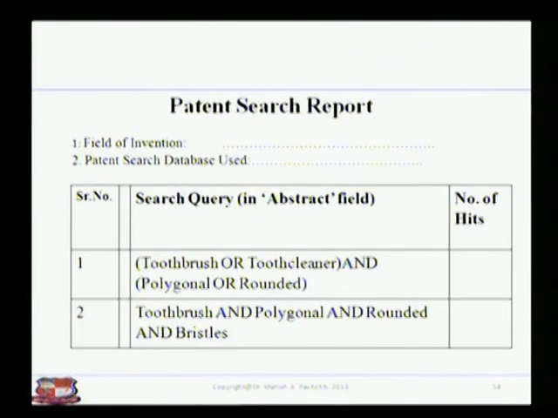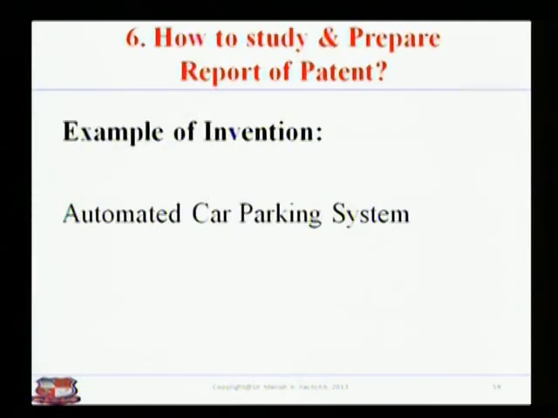Again, we have to prepare a patent search report, just like for EPO. Right, field of invention, that is toothbrush. The patent search database is IPO, which we have used. Again, different search queries we can use, just like the previous one, toothbrush 93, and sometimes there are no hits, so we can say 0 hits. Right. So once this search report is ready, you are prepared to understand the patent document. Let's go to the next part,